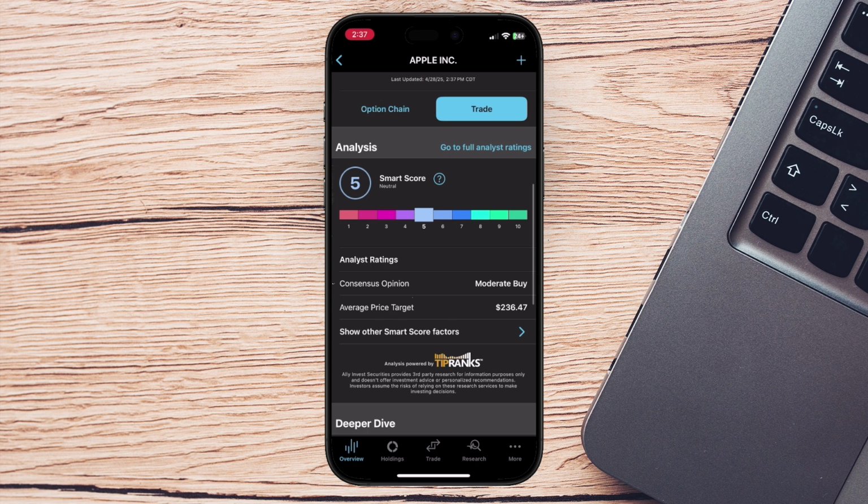As promised earlier, I picked a stock this time so we can check the analysis. I went with Apple, and as you can see, it has a rating of 5. The consensus opinion is moderate buy, and the average price target is $236.47. Should you take that seriously? Not at all. Never trade based on those scores or target prices. They are often getting changed, so their overall weight is